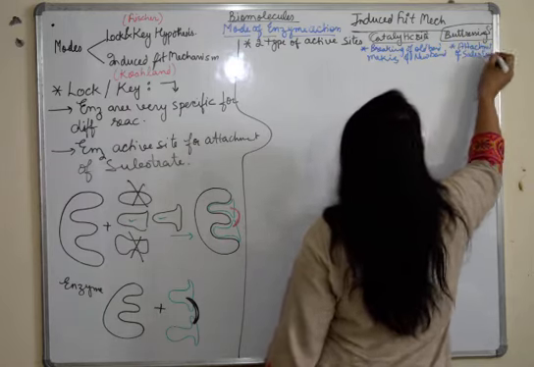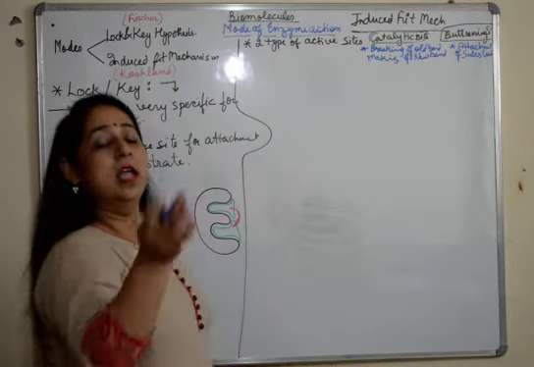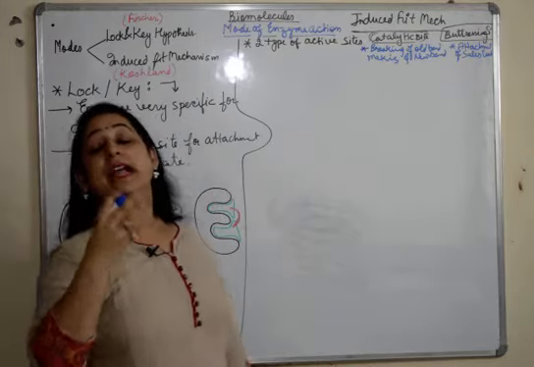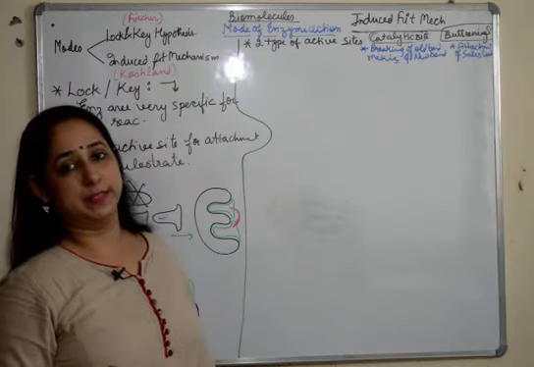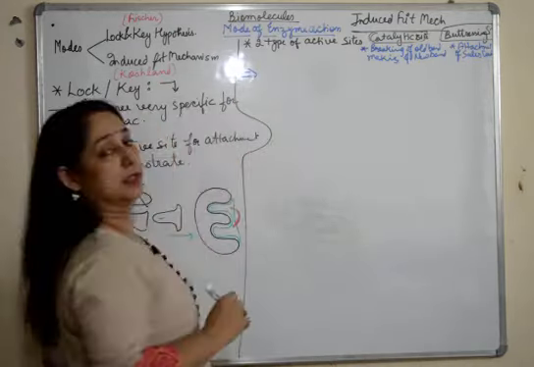Attachment of substrate. That means buttressing का काम catalytic नहीं करेगा, catalytic का काम buttressing नहीं करेगा. Catalytic site is the one which is responsible for bond formation and breakage, whereas buttressing site is the site where the substrate attaches. I'll draw the diagram and explain, and then we'll write the important pointers.